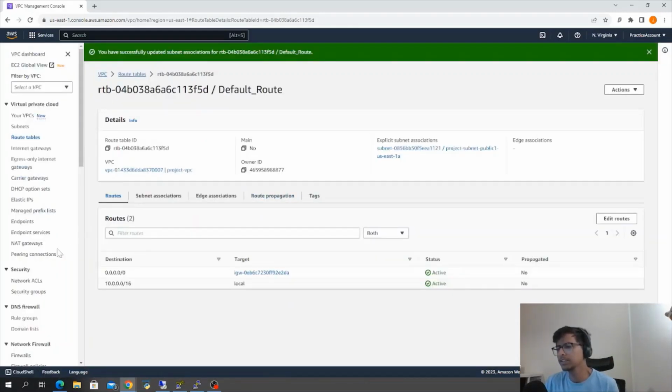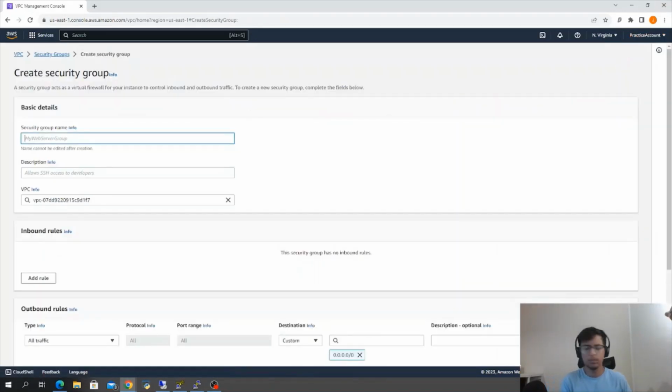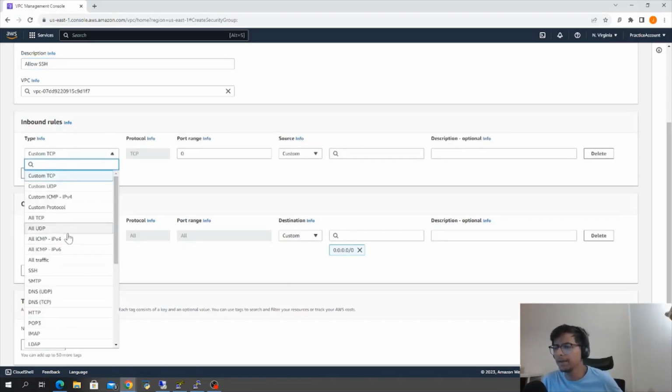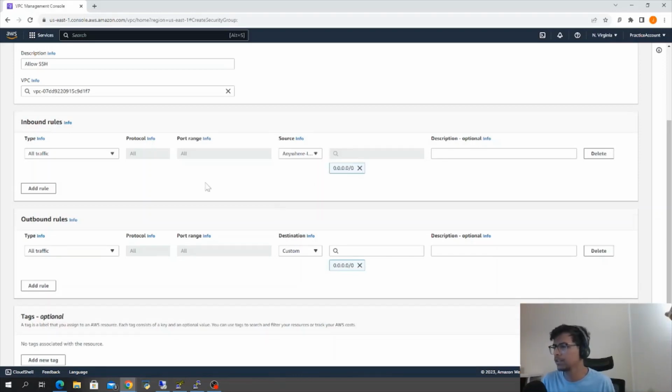Next, what we'll do is creating security groups, which you can see also in the security section. And we want to create a security group. You can name it. This is just basically you defining it yourself, by adding the description for your benefit. In inbound rules, we add, basically you want all traffic coming in anywhere from